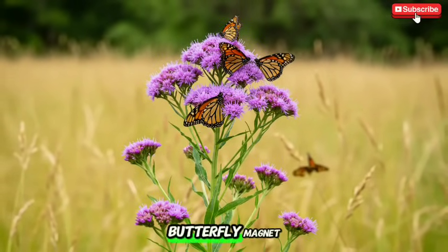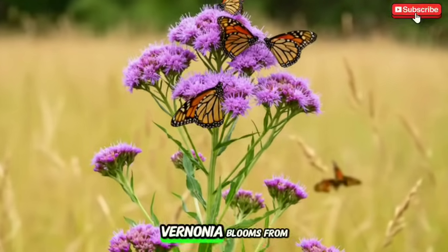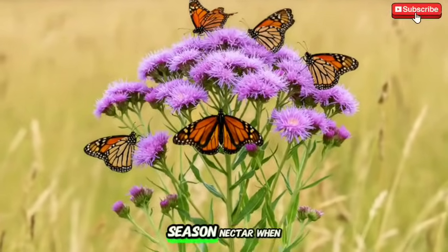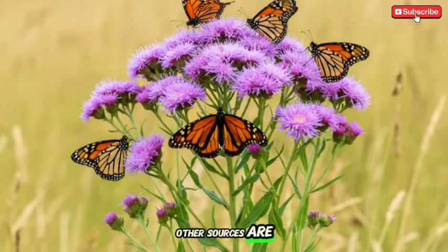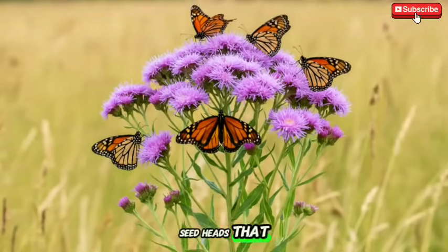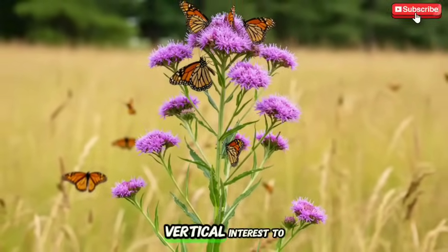It's like a butterfly magnet that also happens to be drop-dead gorgeous. Vernonia blooms from August through October, providing crucial late-season nectar when other sources are scarce. The flowers are followed by fluffy seed heads that birds love, and the tall structure adds incredible vertical interest to